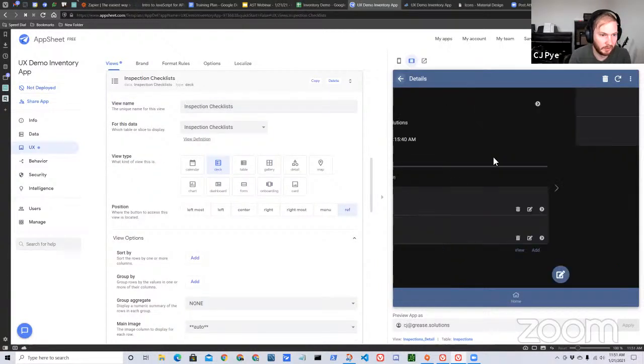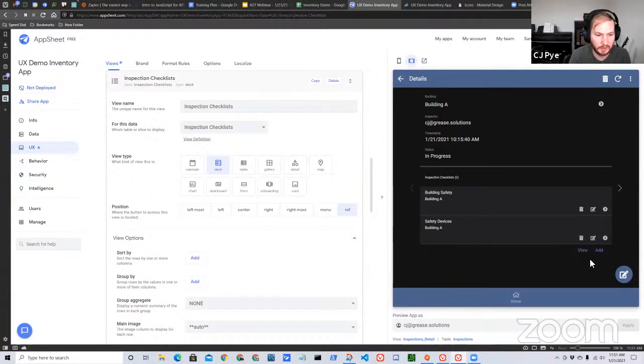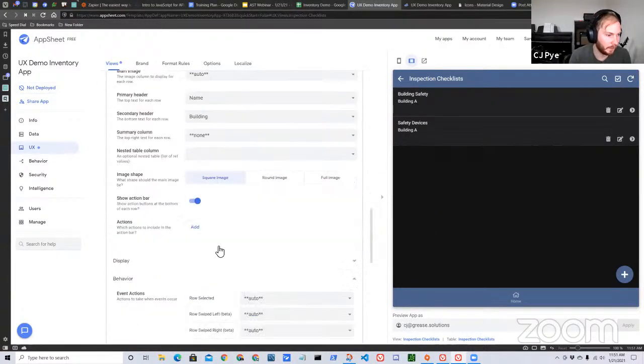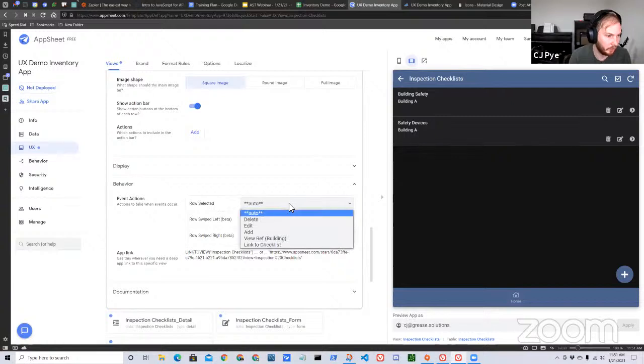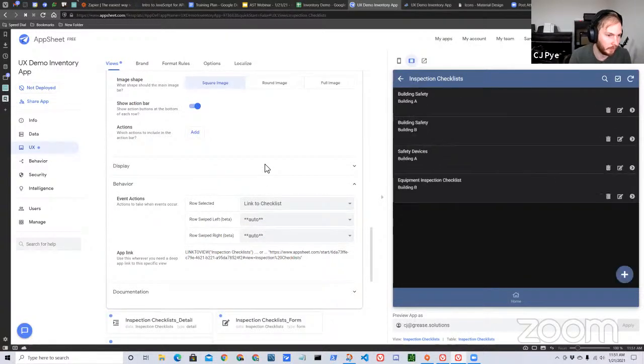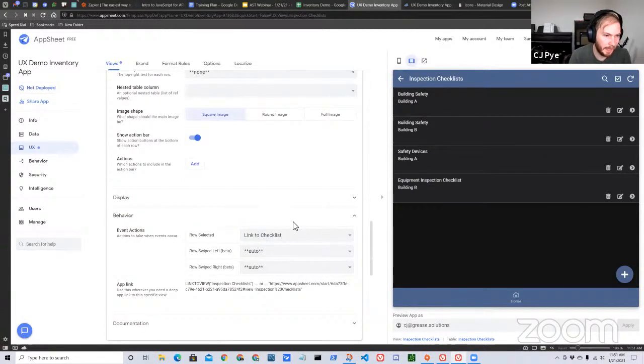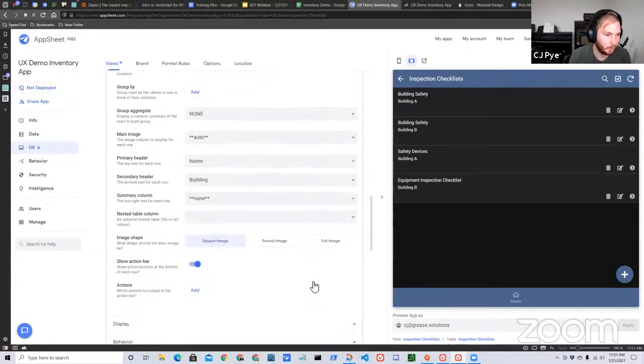So this is the deck view that's showing up underneath the inspections record. I can go down to the behavior section and change the behavior of the row selected. So if I go to the linked checklist action, then whenever I select a row, it will